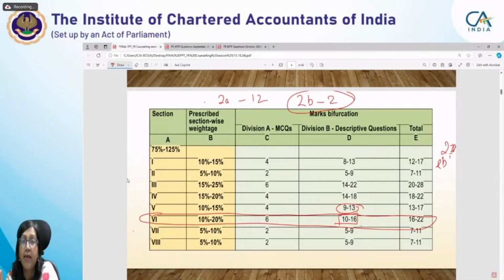So we won't be having any question in the descriptive part for 2 marks. It means there will be no question in financial instrument for 12 marks. It will be 10, 11, 9, 8, 4, 5, 6, like this. Okay. So this is the reason, and financial instrument in your descriptive part will have a maximum coverage of 10 marks. Okay, now we move on to